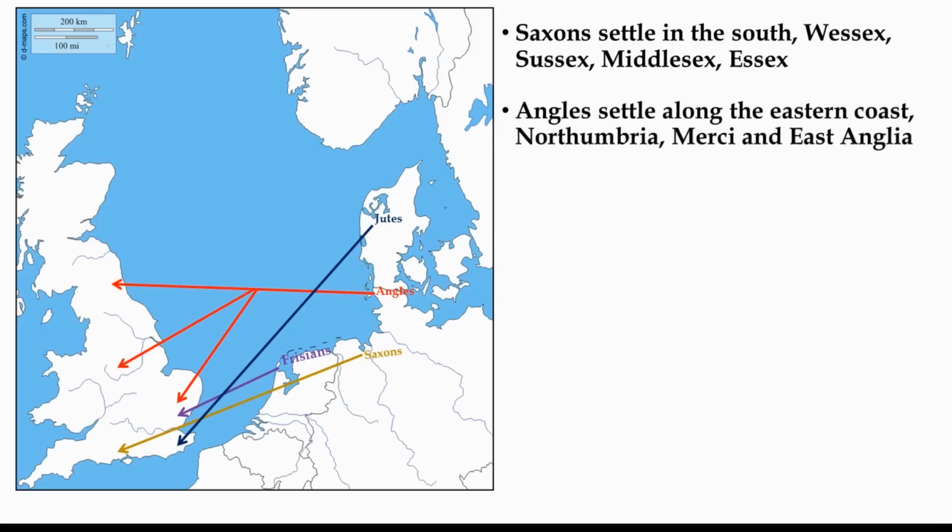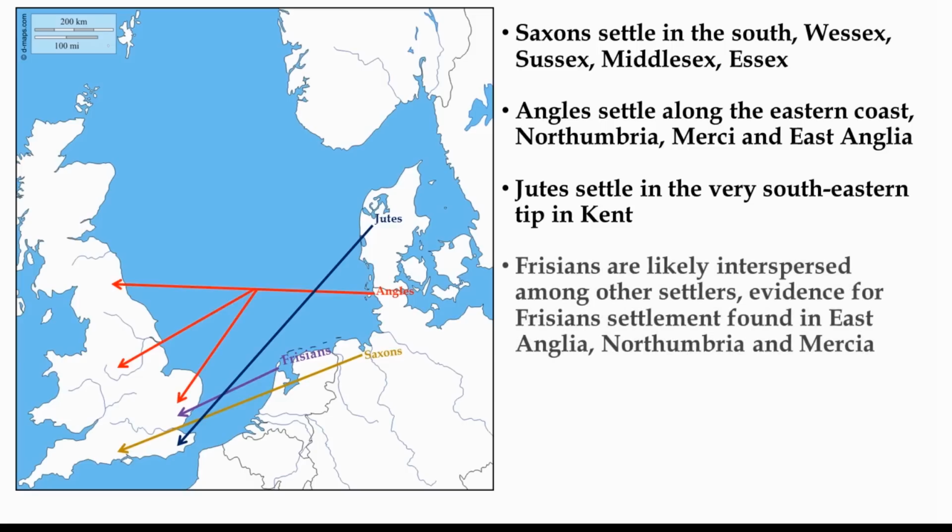The Angles, they settled mostly along the eastern seaboard, so Northumbria, Mercia, and East Anglia, which is all on the eastern side of England. And the Jutes are believed to have settled in the very southeastern tip, which was in Kent. Now, the Frisians are a bit harder to place, and whether they even crossed over with the other Anglo-Saxons